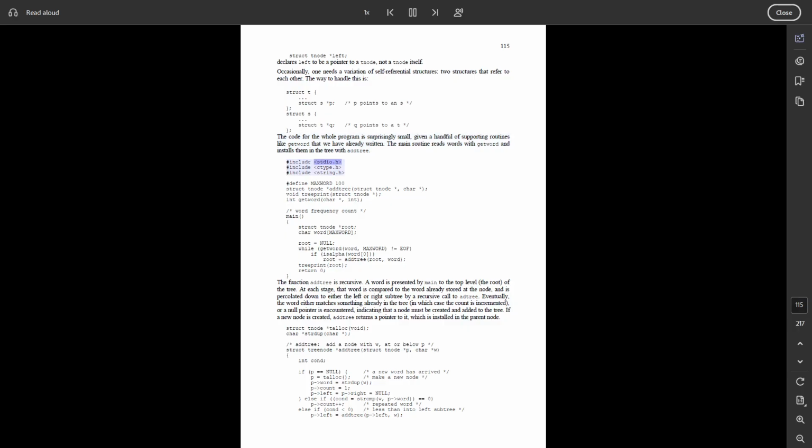#include <stdio.h> #include <ctype.h> #include <string.h> #define MAXWORD 100 struct tnode *addtree(struct tnode *, char *); void treeprint(struct tnode *); int getword(char *, int); /* word frequency count */ main()